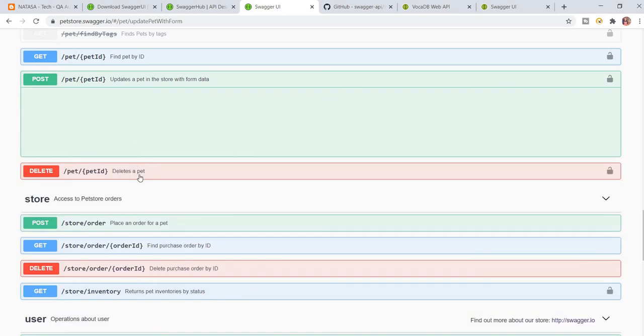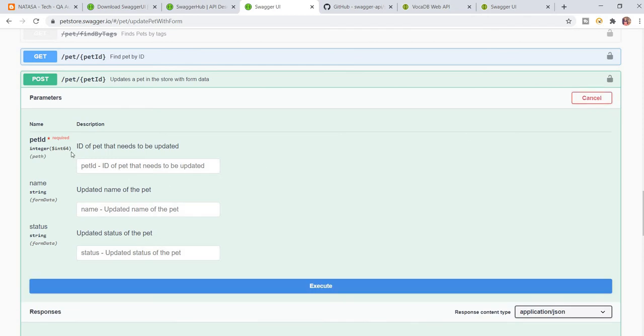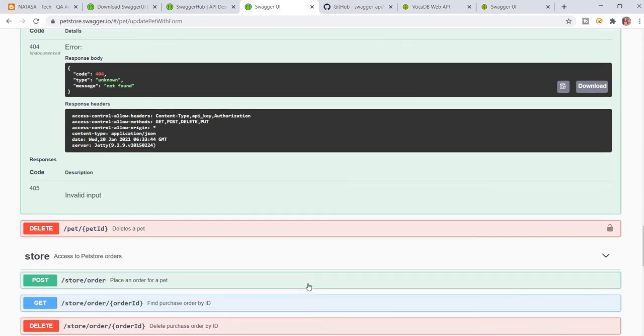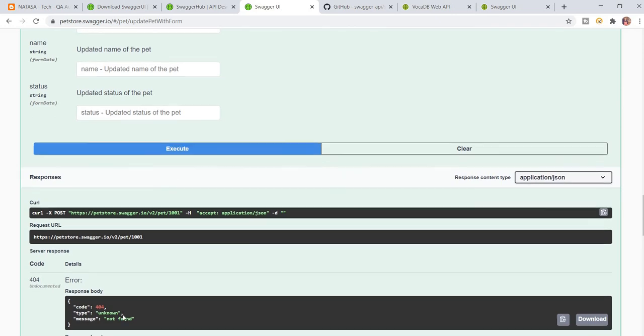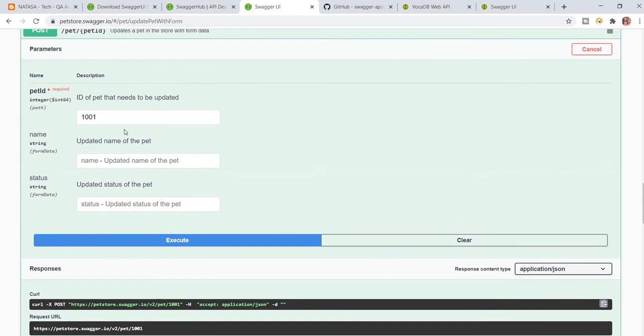Post pet ID. Okay, so I'm going to give an invalid ID. Here see, pet ID is required. This is mandatory. You should give a pet ID. Without a pet ID, this POST URL is not executed. Now I'm going to give some random number and execute. So what will it show? 404, not found, because there is no ID containing 1001.